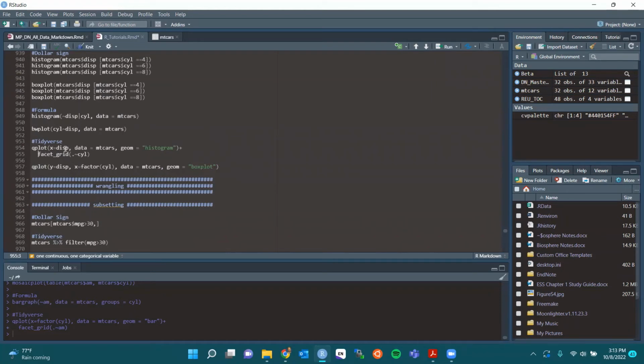qplot x displ, data equals mtcars. Your geom is the histogram. And see, this is where faceting by cylinders comes in handy. So it's going to give us 3 graphs: a cylinder of 4, a cylinder of 6, a cylinder of 8. It's going to create a histogram for each. Whereas the qplot for the box plot is just going to lump them together. You can get 3